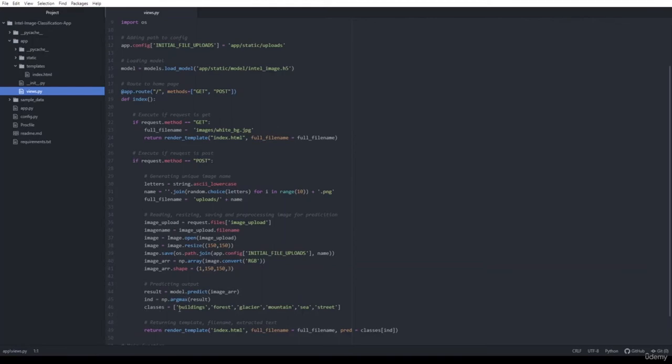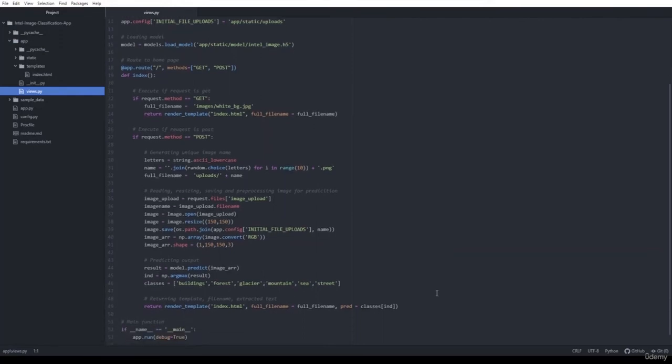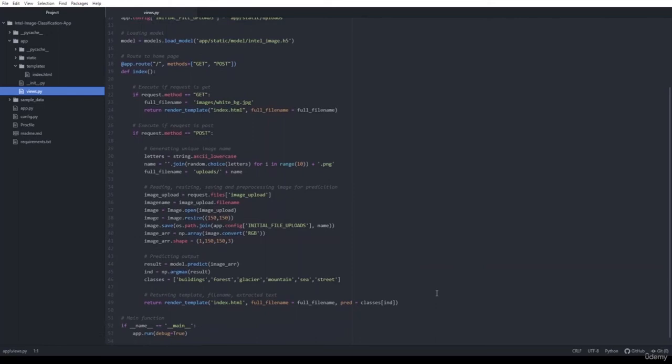And these are the classes defined here. We know that we were working on 6 classes, so these are the names of those classes. And in the end, we will return our prediction. In the end, you can see that this is the main function and it will run the app, which is app.run, and here debug is set equal to true.